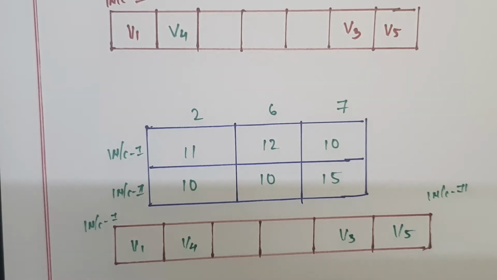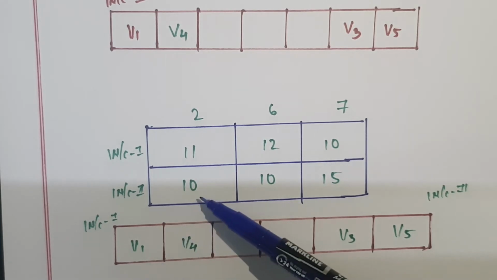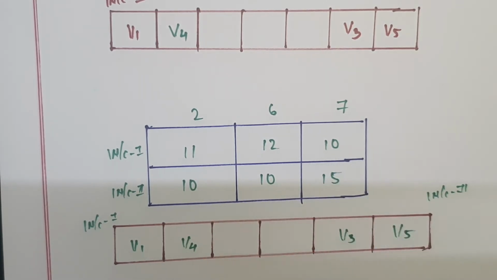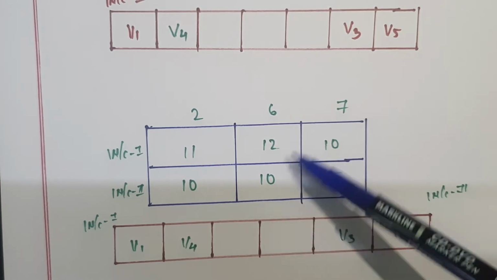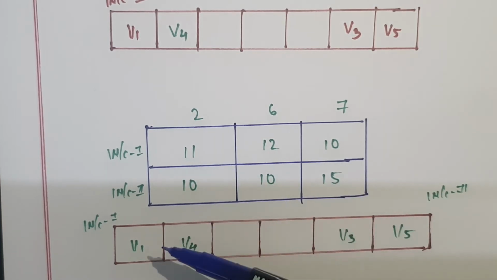After that, again you have to select the least number. As you can see here, the least number is 10: here 10, here 10 and here 10. So, whenever a situation like that comes, where you are getting the same least number 3 times or 4 times or 2 times, what you have to do? You have to add them. If you add this one, how much you are getting? 25. How much you are getting? 22. How much you are getting? 22. So, which one is the higher value?